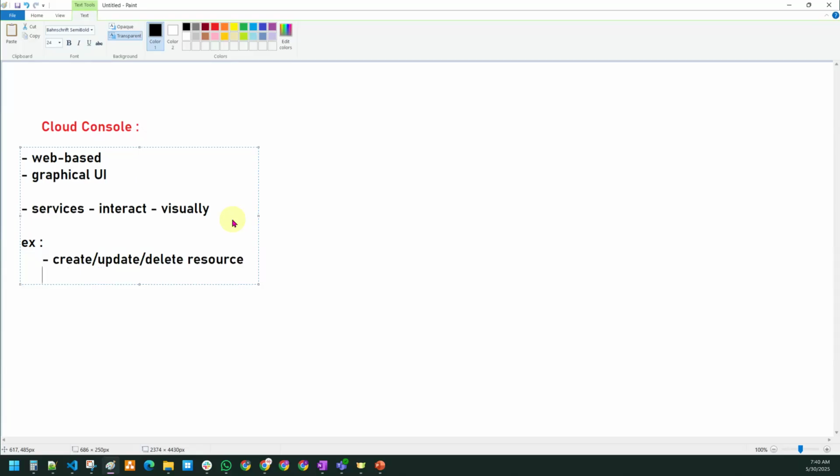Not only that, if you wanted to assign permission, revoke permission, modify permission or update permissions, you can again go for this one. All the things, if one wanted to do it with the Google Cloud Platform, you are able to do it using the console. Not only that, many things are there, you will be able to do all of those things also.